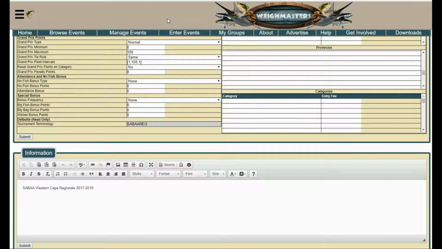What I'd like to talk to you about in the second part of how to create your SABAA tournament is really just setting up some additional information. Please note that all this information is sent via email to the anglers when they enter the tournament. The first part is the